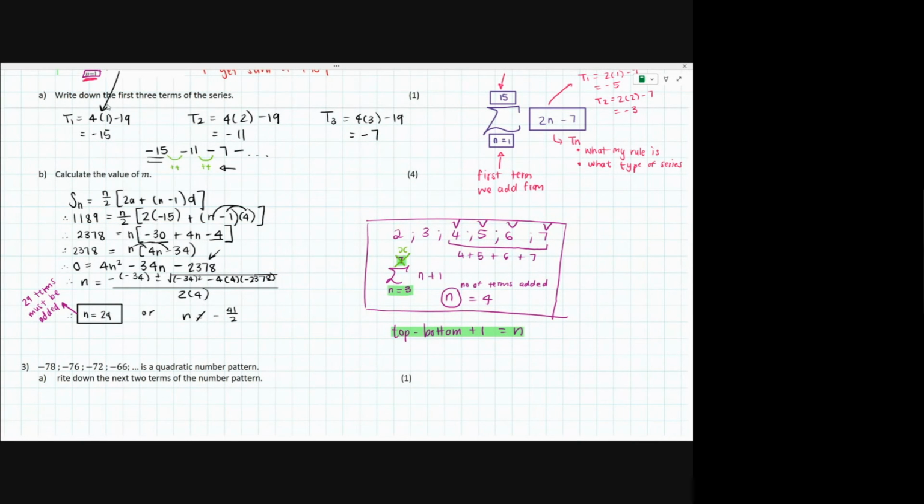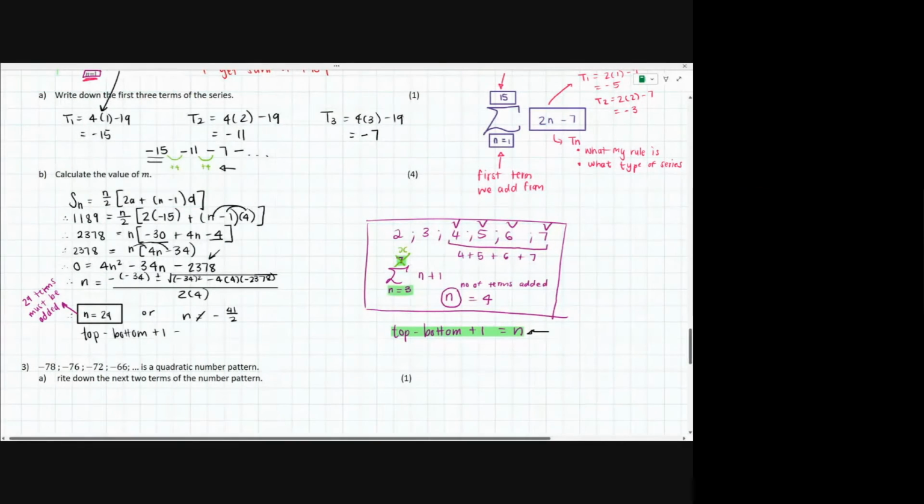So when you don't start adding from the first term, very useful. This is not something we ask often, all right? But it is something that can pop up, and so it's just important to take note of. So for example, if I use that here, top minus bottom